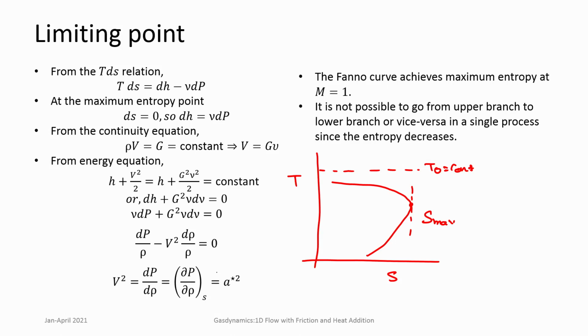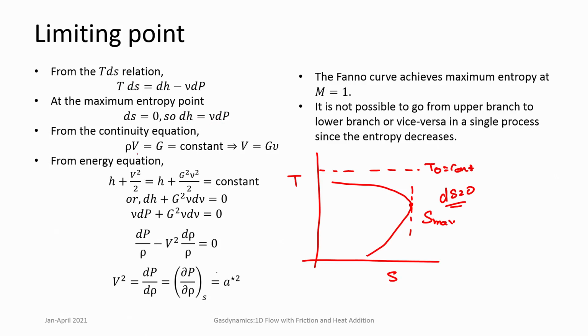So, for this we look at the relation TdS equal to dH minus VdP. Here V is specific volume. So, if you look at the neighborhood of a maximum entropy point, essentially it is a maximum. So, dS should be equal to 0. Okay, this is a condition for maxima. So, if you put TdS equal to 0, you get dH equal to VdP,